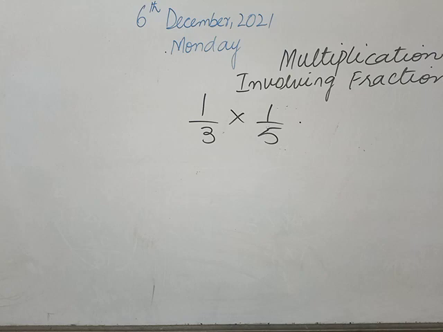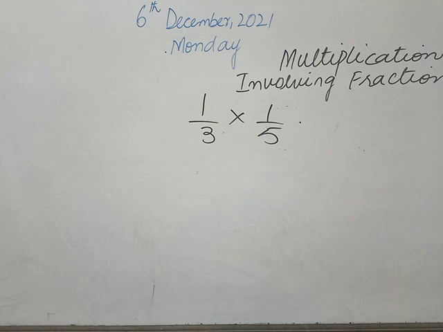So if you look, we have two fractions. अगर आप देखो तो आपके पास दो fractions हैं. The first one is 1 by 3. In 1 by 3, the numerator portion is 1 and the denominator is 3. And in the next fraction we have 1 by 5. So in 1 by 5, who will tell me which is numerator and which is denominator? Yes, Shumaima, you tell me. Very good. 1 is numerator and 5 is denominator.